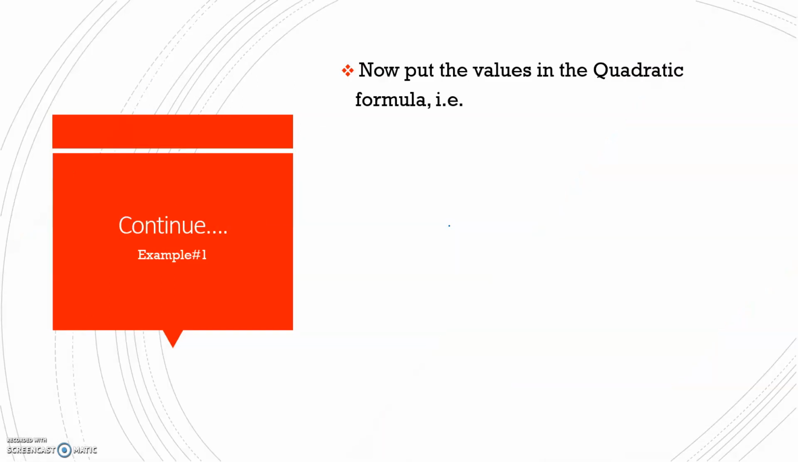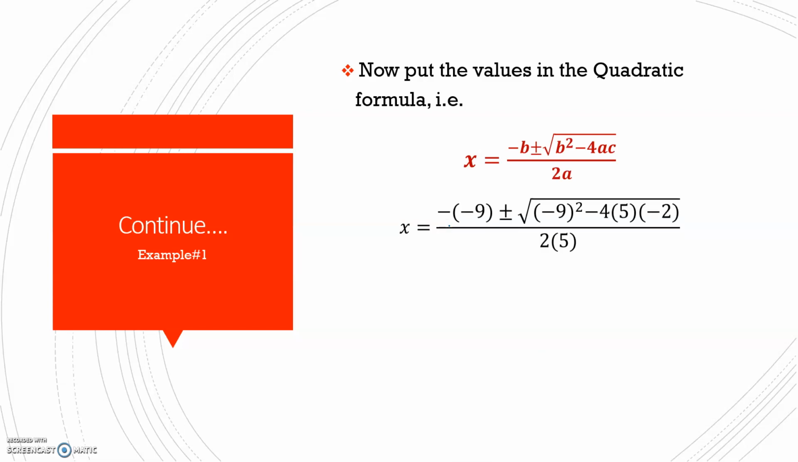Now in next step, we will put these values in the quadratic formula, that is x is equal to minus b plus minus square root of b square minus 4ac over 2a. Now by putting values, we will get x is equal to minus and the value of b is minus 9 plus minus square root b square, that is equal to minus 9 square minus 4 into a, and the value of a is 5 into c, and the value of c is minus 2 over 2a, that is equal to